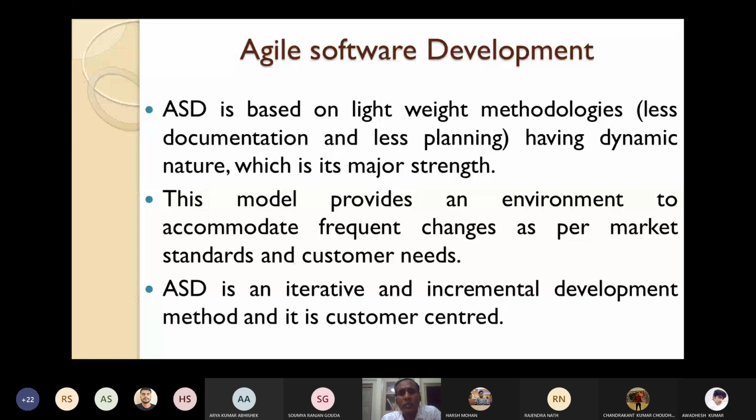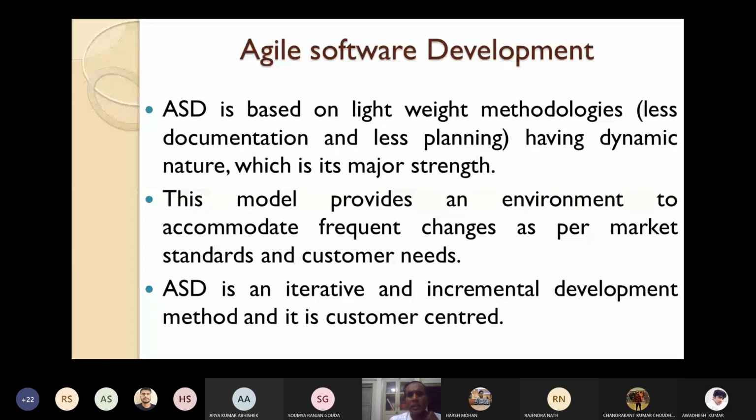ASD is based on lightweight methodology having dynamic nature. This software development is dynamic in nature, which is its major strength. So the major advantage of Agile software development is that it is based on lightweight methodology, so there is less documentation and less planning. It is dynamic in nature. These are the major advantages of Agile software development.